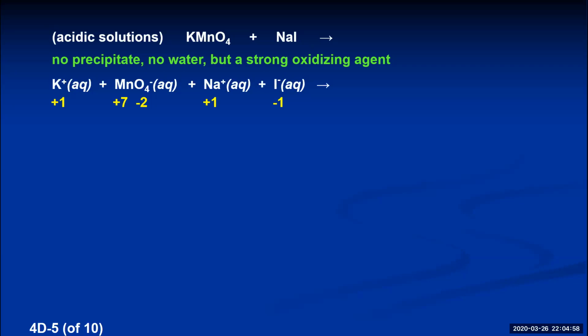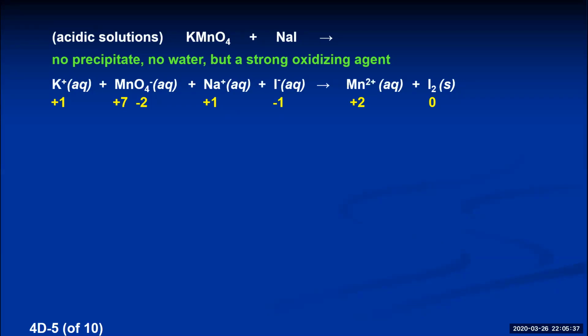So we know what the permanganate ion does in an acidic solution. It gets reduced down to manganese 2. So we found the one element whose oxidation number goes down. That's the reduction. We have to find the one that can go up. Potassium can't be any higher than +1. Sodium, just like potassium, can be 0 or +1, so that can't go up. The answer is going to be this non-metal anion, the iodide ion with a charge of -1. If it's in the presence of a strong oxidizing agent, it can have its charge raised from -1 up to 0. And you can form elemental iodine, which is diatomic, happens to be solid